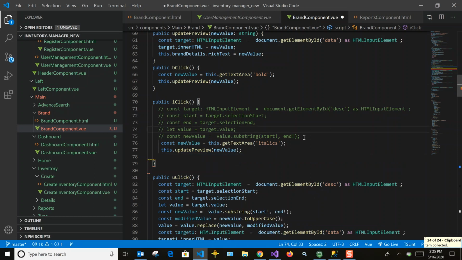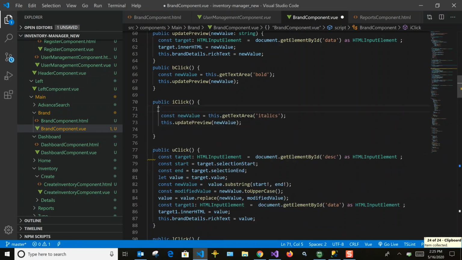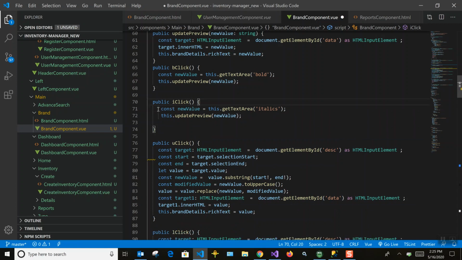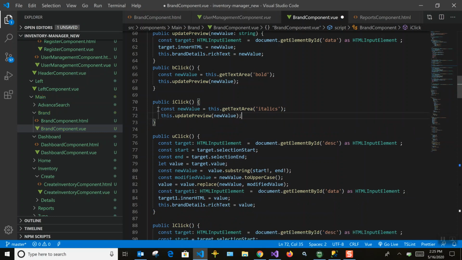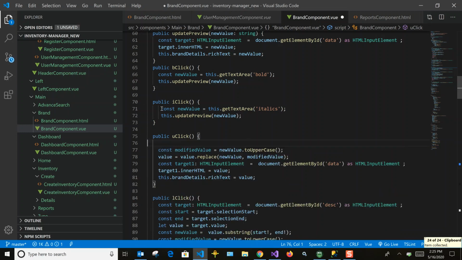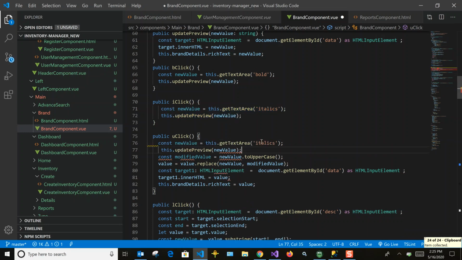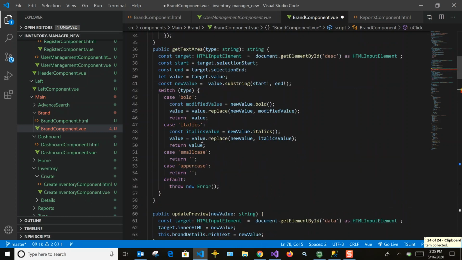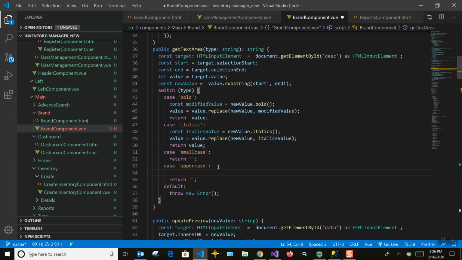So you see, one big function now takes just two lines of code, because we are reusing most of the part. So always focus on this when you code: whenever you can avoid duplicate code, you should always try to optimize it, and you should always try to reuse the code. Here also I'll just call the same, and the uppercase scenario we are going to add over there. So uppercase,